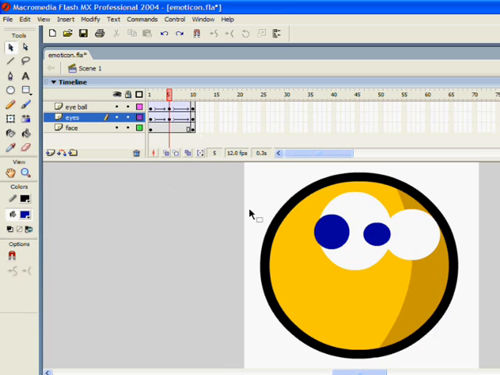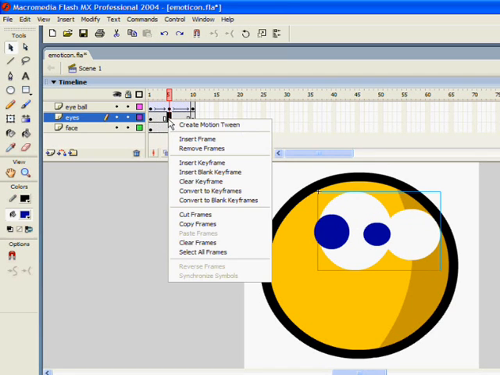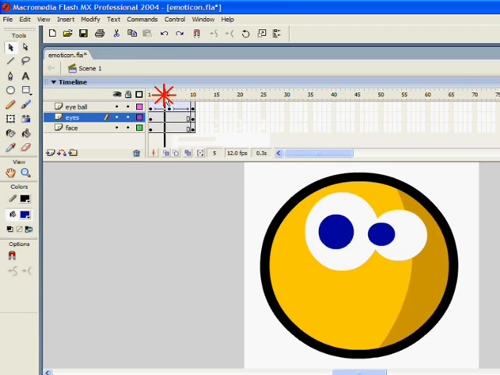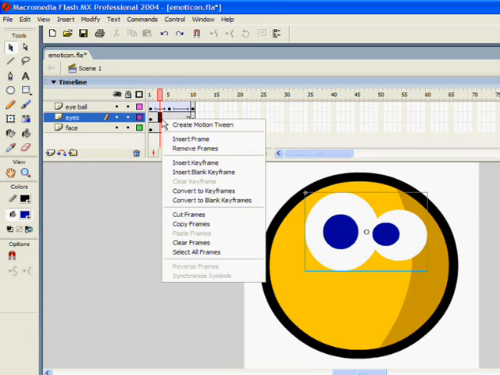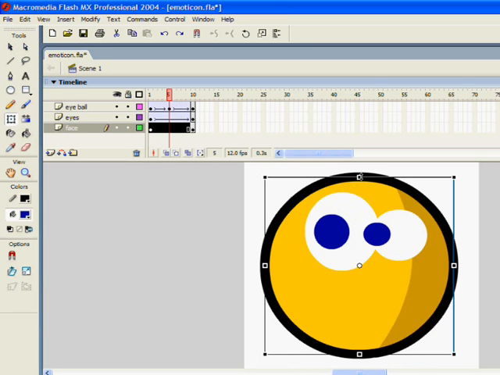Now it's a process of experimentation, so if you don't like anything that you've done, you can easily undo it. You can do Control Z or undo, or if you want to change it, you can remove tween by right clicking on here, and to get rid of this as well, you can right click and clear keyframe, which should get you back to the white. And other things that you can do is you can right click and create motion tween. Click on the 5th frame again because it's halfway to the 10th one, and if you click on free transform and click on it, you should be able to